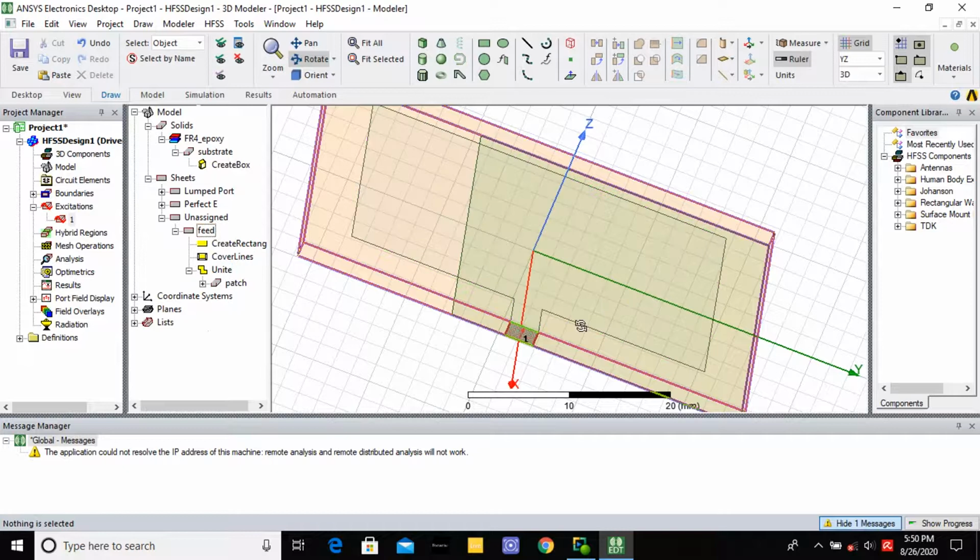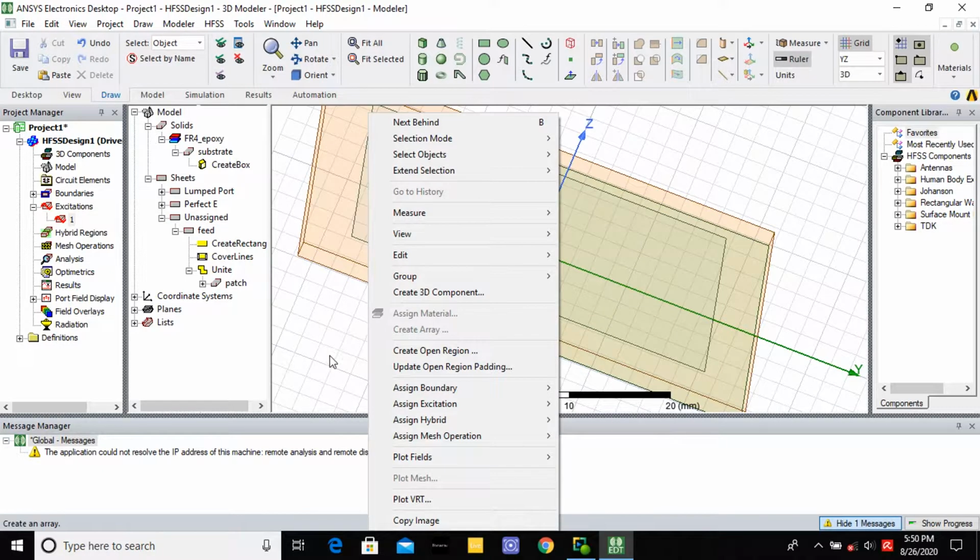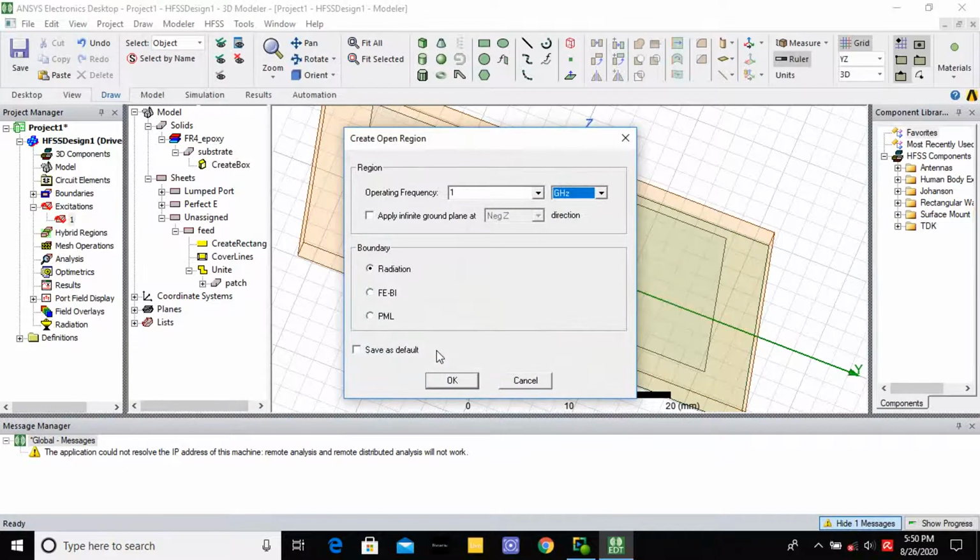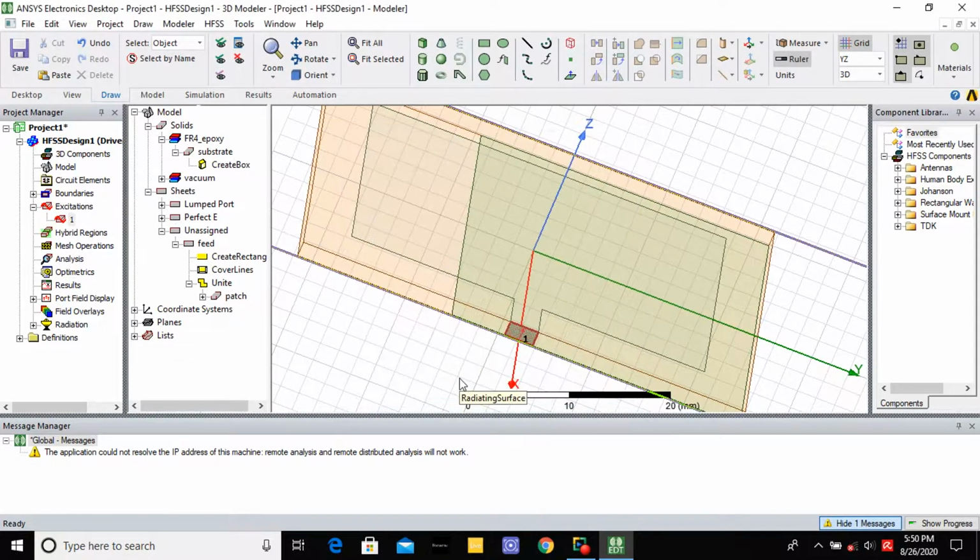Then go to creating that radiation box. You right click that project window, then go to assign, create open region. Here you give operating frequency is 2.5 gigahertz. Then you give OK. See here, boundary is assigned open.